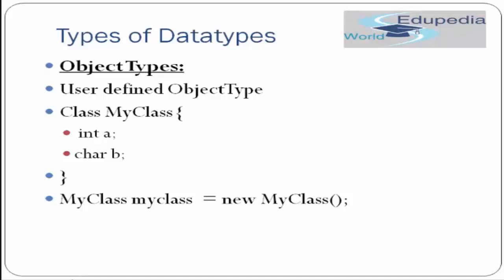Just to repeat it again, whatever memory is allocated to a user-defined class depends on the data members it has. So the sum of the memory allocated to each data member will be the memory allocated to the myClass variable, which is of an object type. Over here int contains 32 bits and char contains 16 bits. Adding these two, it has 48 bits of memory. Fine, so these were data types. I hope it's quite clear to you.